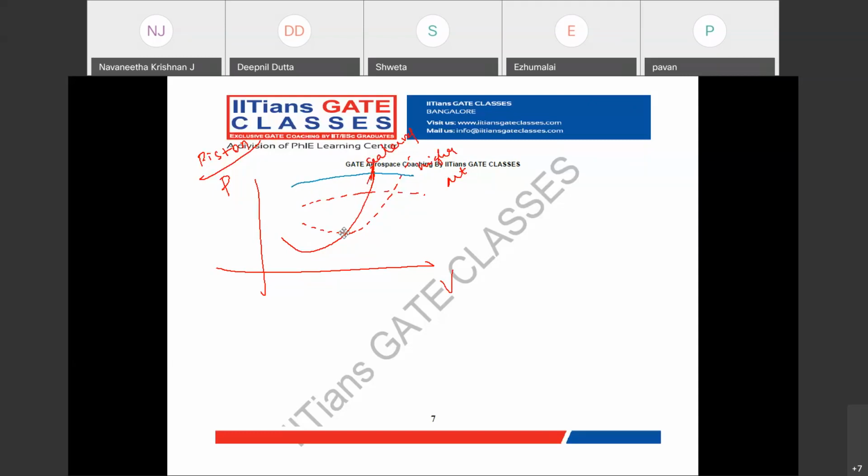This is the excess power available at sea level. The excess power is nothing but power available minus power required. See here, the excess power decreases as altitude increases. As altitude increases, the Vmax velocity increases, because power available decreases and power required also increases. So thereby Vmax increases.